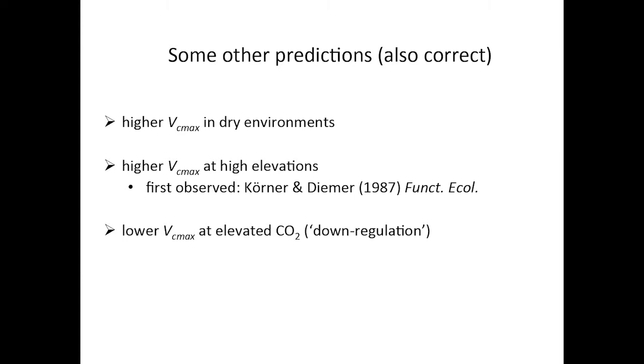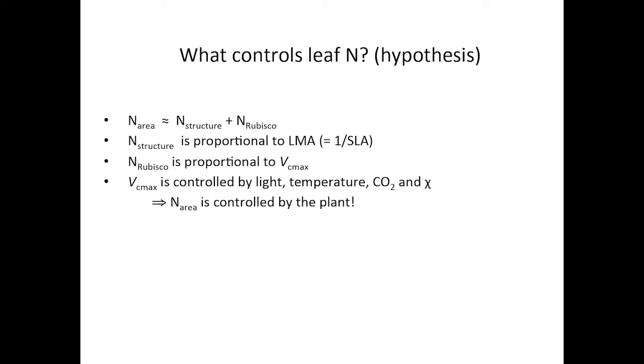And also somewhat lower Vcmax at elevated CO2. So that's a prediction of what the plant would do under optimization assumptions. Vcmax goes down. Now this obviously leads us to think about what controls leaf nitrogen, which can be considered as the sum of